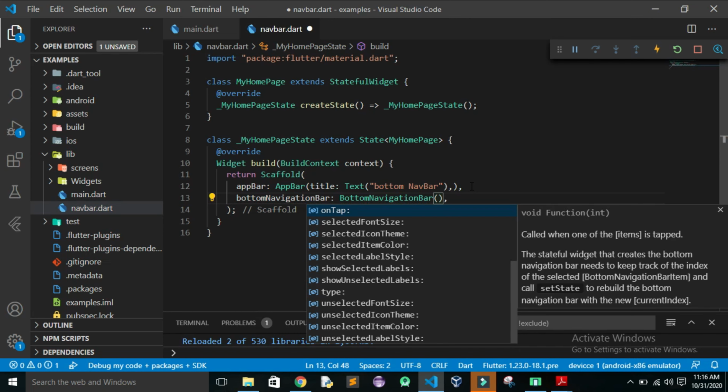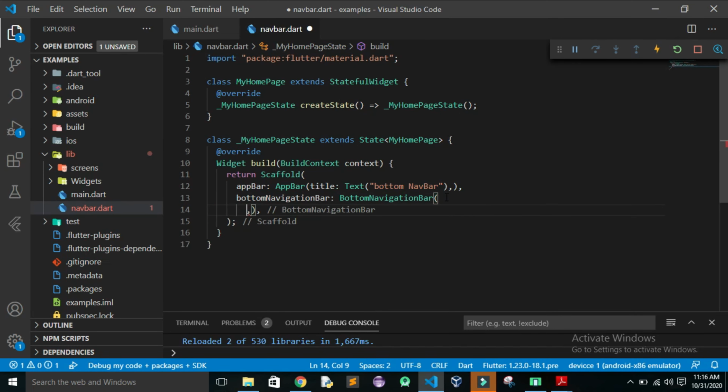After assigning that, we have many options, but the most important things we need are the onTap function, and we also need to give the items which we want in our bottom navigation bar.